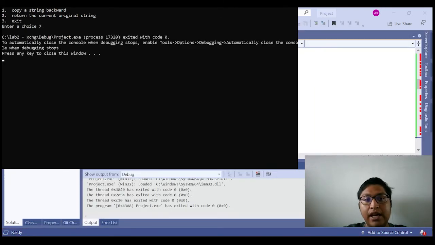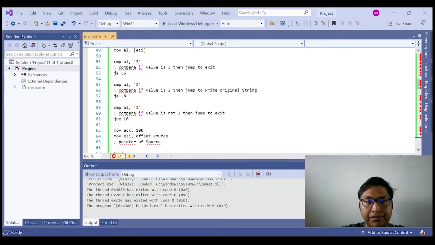As we can see, the program exited with code 0. It means that if we input anything other than 1, 2, 3, it will automatically exit the program. So how is this possible? Let's see from a code point of view. For this to happen, we would have to use the conditional structure. As we can see here on the screen now, there are 3 conditional structures. But the main point here is this,